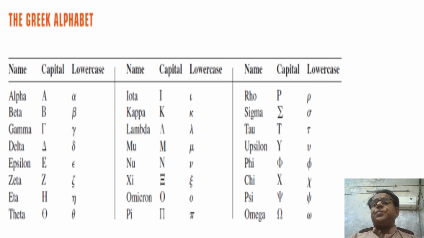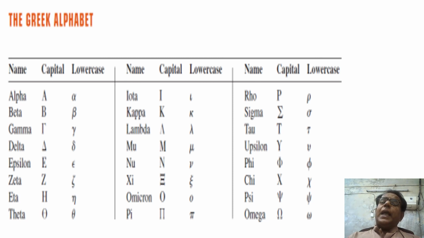Now we move on to next slide, where the table of various Greek alphabet is given. Dear students, this table has 3 columns. It could be expressed in terms of one column, but in this case its length had increased to an abnormal level. So it is quite appropriate to convert this to make 3 columns instead of 1 column. Name, capital case, lower case.